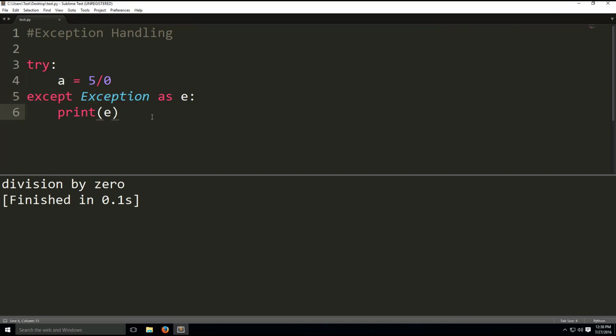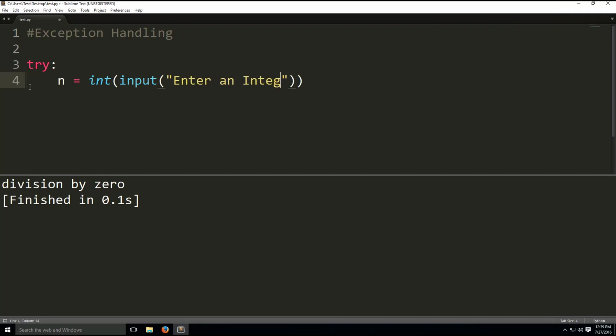For example, let's do the following. Let's delete all this, and then we're going to say n equals int, so we're typecasting to int, input, and then we want to prompt the user to enter an integer. This might be suspicious code, because what if the user enters a character of some sort and not an integer? Well, let's try executing this code,